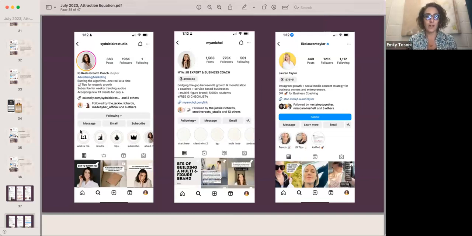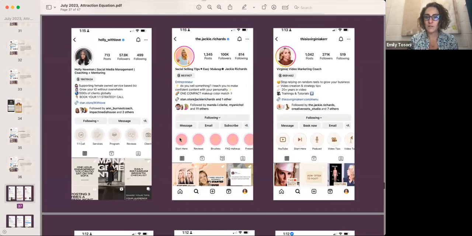And Sydney used different images, different icons. Jackie, again, simple. It's the same picture on each one, right? So you don't have to get too fancy. You want it to be in alignment with your brand if possible, but it doesn't have to be crazy.